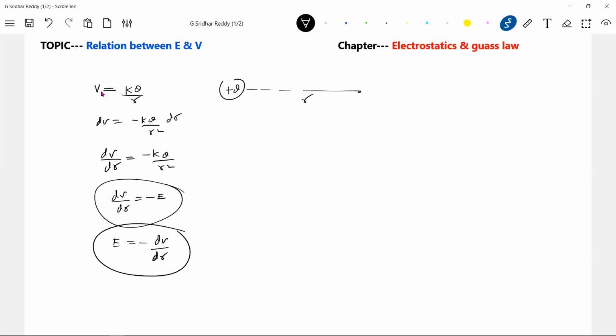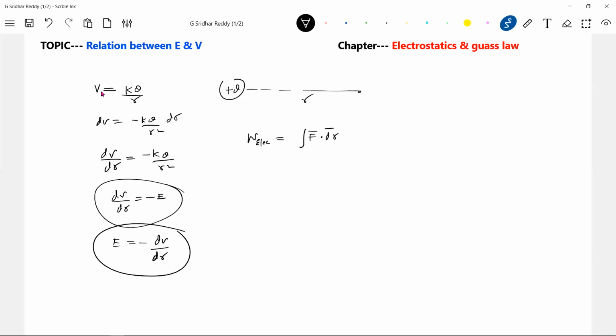Agreed, no? So that's one thing. If you know potential, just take the derivative of that, and you'll get the electric field. Similarly, I want another thing. We know work done is F into dr, work done by any force. I'm interested now in work done by electrostatic force. Work done by electrostatic force should be equal to F into dr.